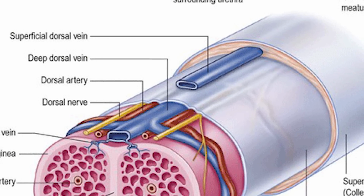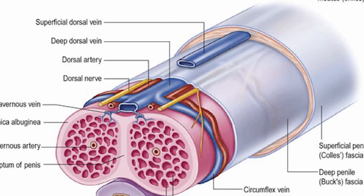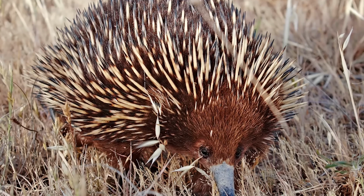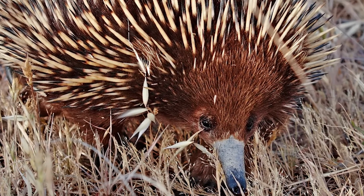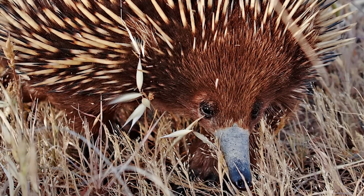Typically, both structures start off as 2 different structures at the base, with the 2 corpus spongiosum structures merging into one, and the cavernosum remaining separate. In the echidna, however, at least in the more well-known short-beaked echidna that live on the Australian mainland, the cavernosum is instead merged while the spongiosum is separate, which appears to allow them to erect each half of their heads